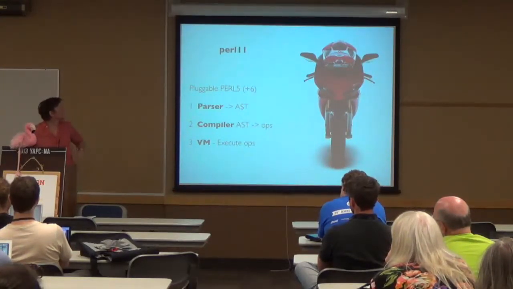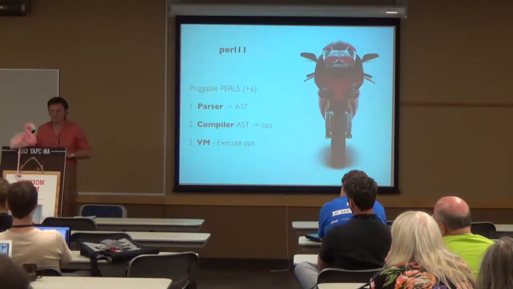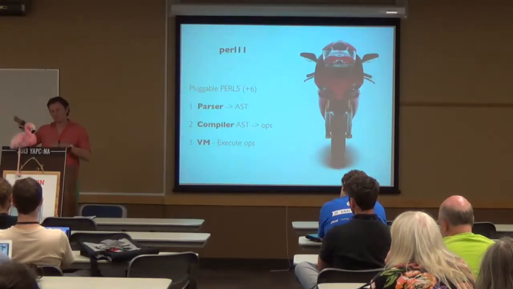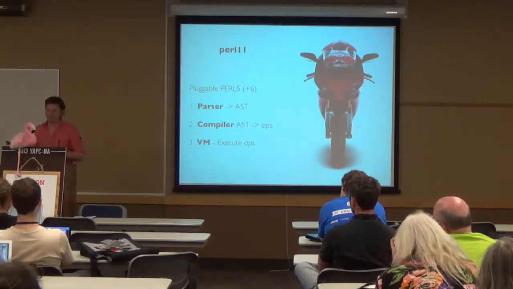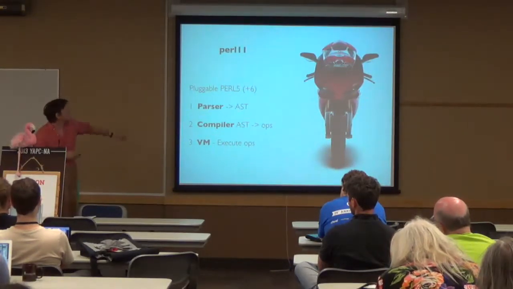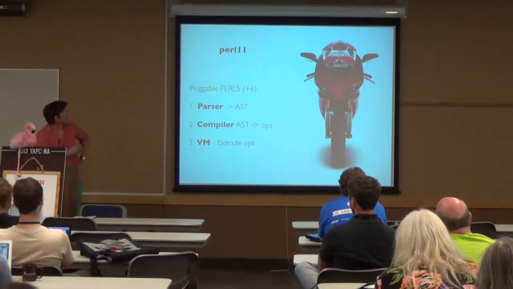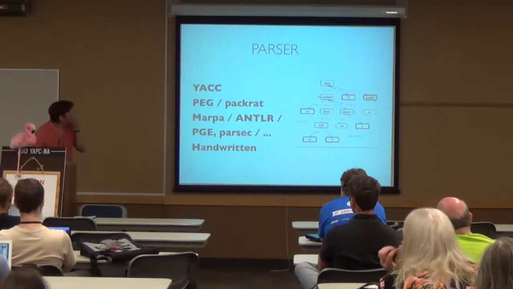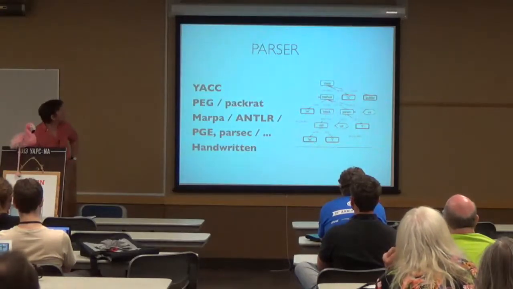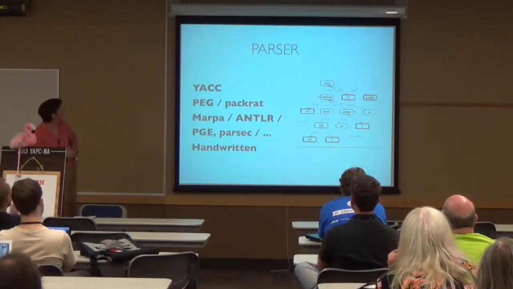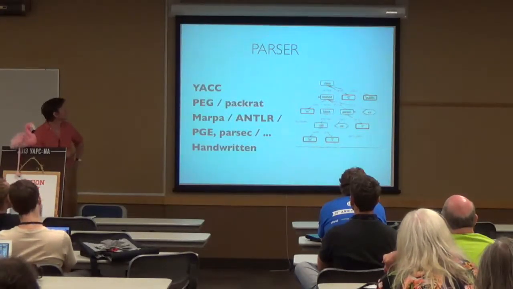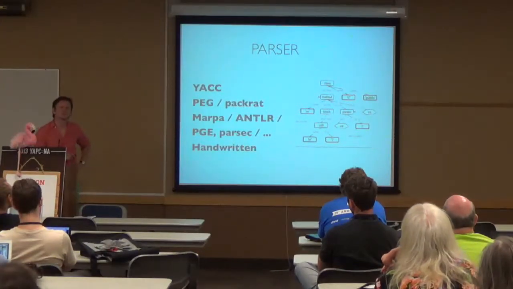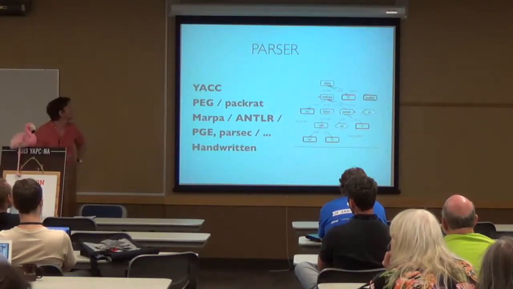The compiler is basically a little transformation from the AST, from a tree to the operations, to the ops, and then the VM, which executes the ops, and then the libraries, which we need behind the VM. But libraries is not the hard point. The hard point is the parser, compiler, and the VM. For the parser, we've looked at Yak, because that's pretty much the best parser generating engine.